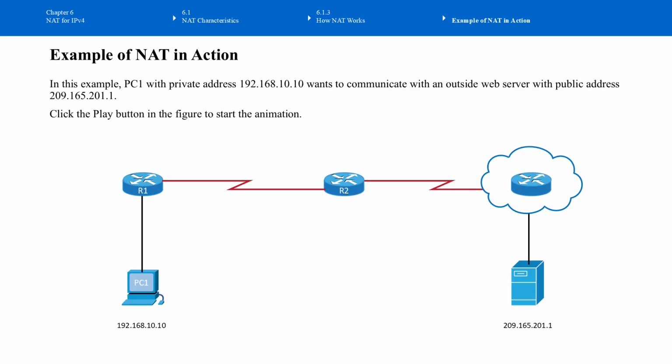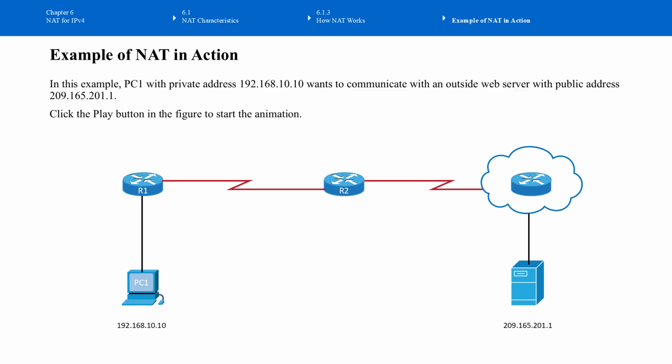Let's walk through a simple example of how network address translation works. In this example, PC1 has an IP address 192.168.10.10. The destination is the web server on the Internet with a public IP address 209.165.201.1. Our goal is to see how PC1 communicates with a public server, even though it has a private IP